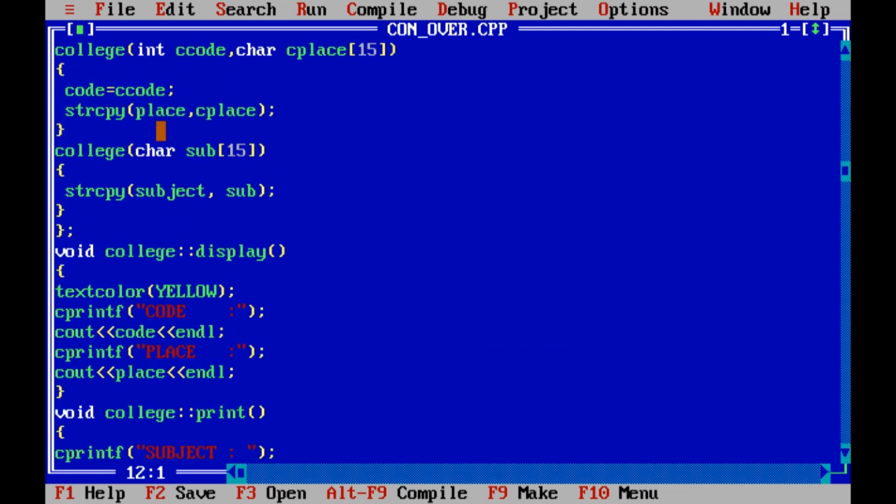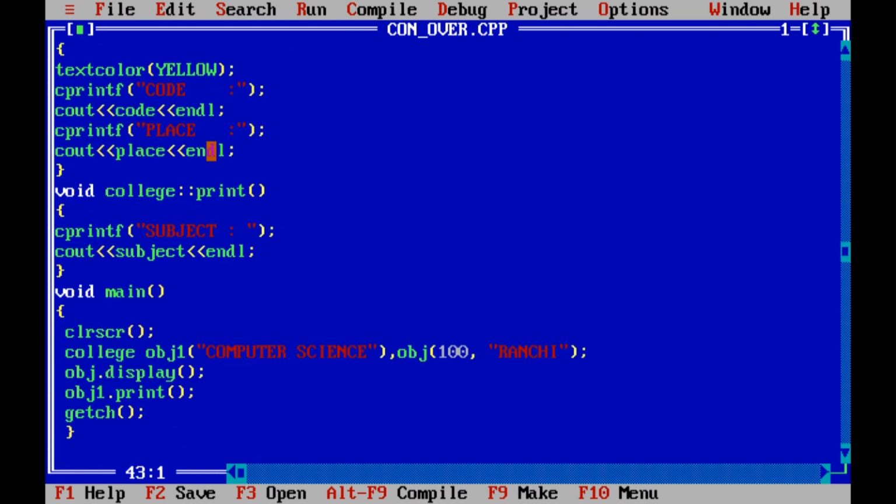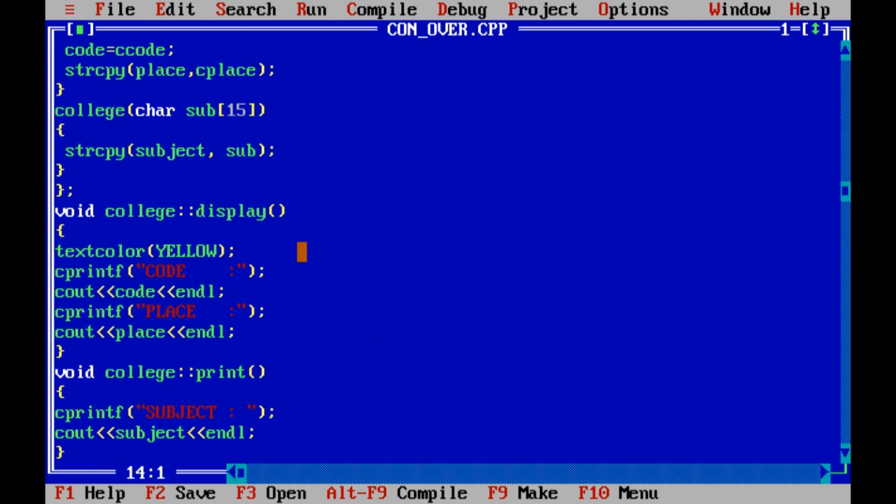Here this is char sub, which we have taken for subject. We have passed computer science, written in double quotation. So this will be passed to sub, and sub will receive the value computer science and pass it to subject. So subject, which is our data member, will also be initialized with computer science, and this is the closing of the constructor. That means this constructor is called and executed. So finally the initialization of subject is done.